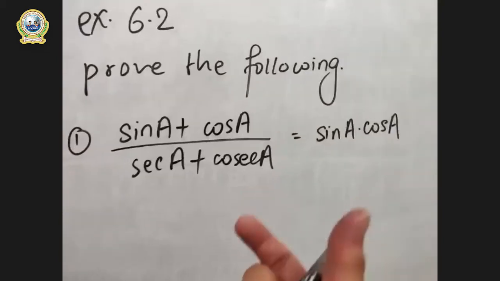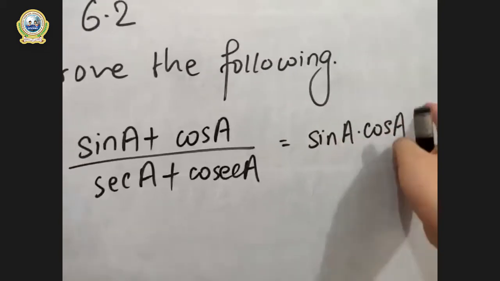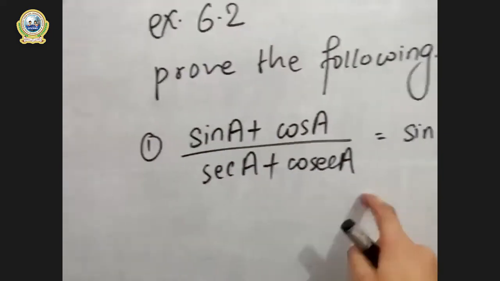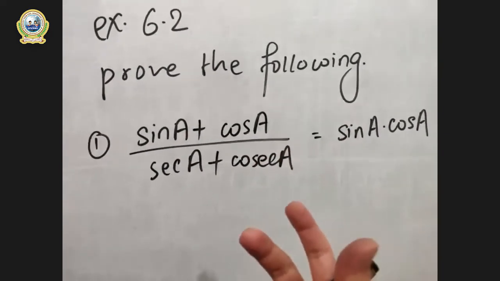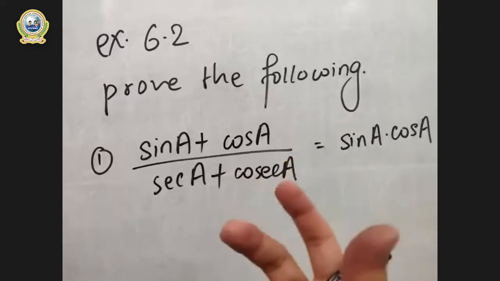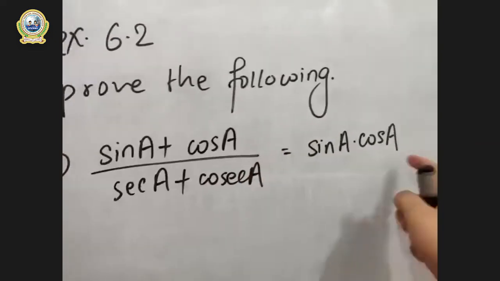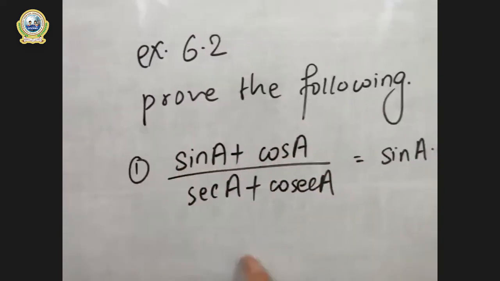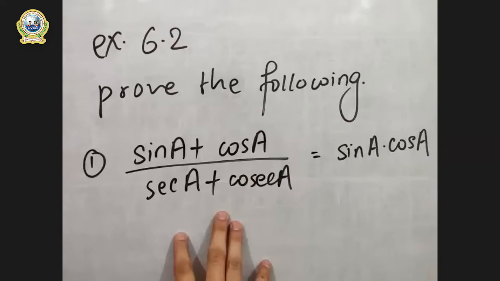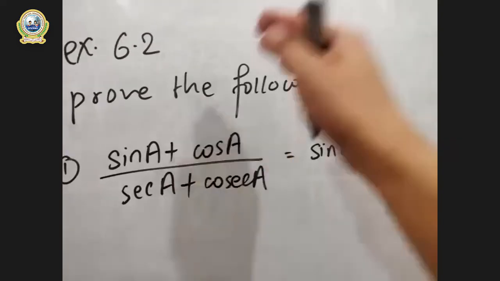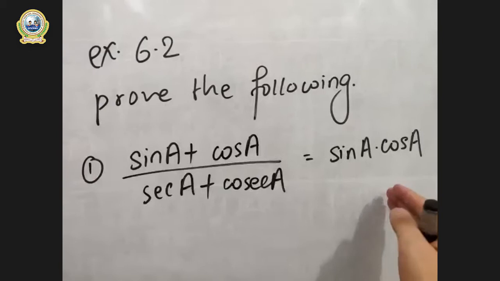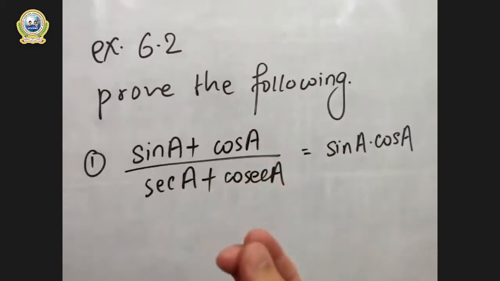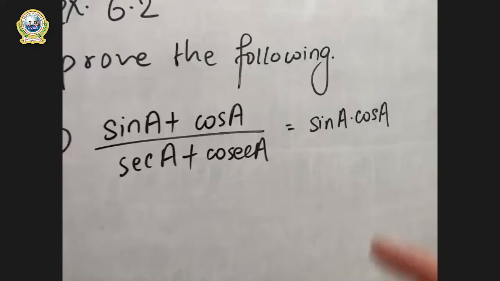In this kind of question, we have the answer on our right hand side, and we must begin from the left hand side by analyzing the nature of the question. You should start from the complex part. Look here, this seems to be simple and this seems to be a bit complex. So start from the complex one and reach the simple part. This is the basic technique of proving questions, right? I have given a very simple question to you. Let's begin. Now look at the RHS first.